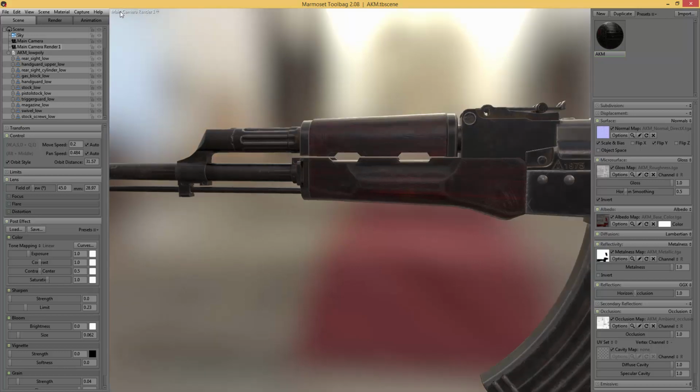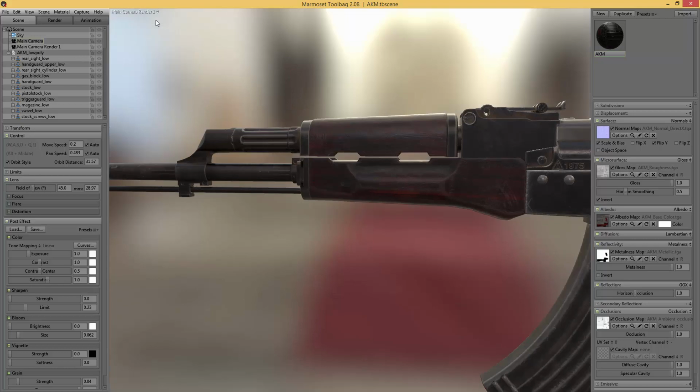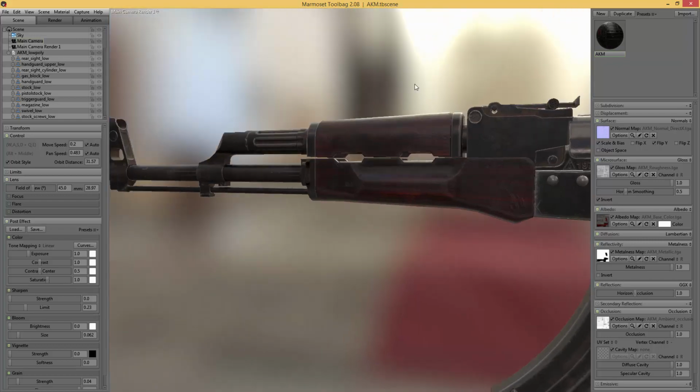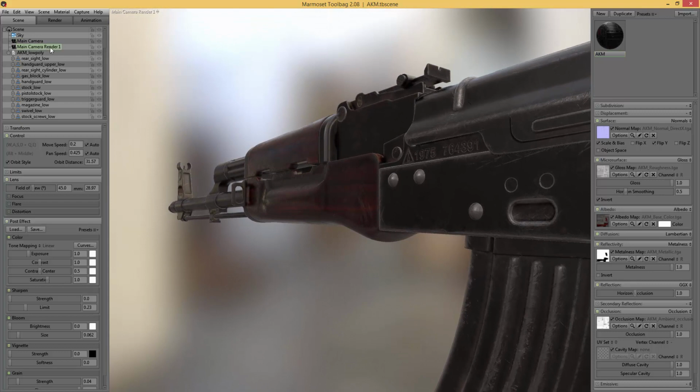So now I'm in the duplicated camera, which by the way, if you noticed, it made a little jump here. That's because the main camera is in a different position as this one. I already moved the main camera after I duplicated it. And the reason why I point that out is because that allows us to find a really good angle that we like. And then we could also call it something like